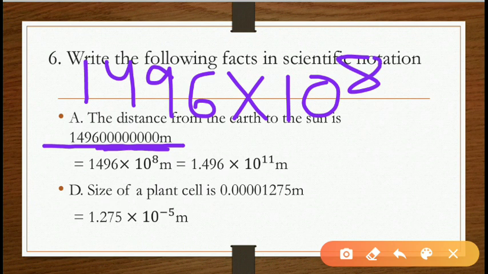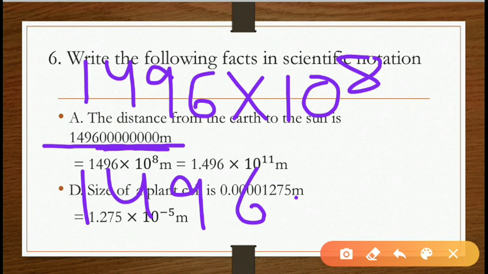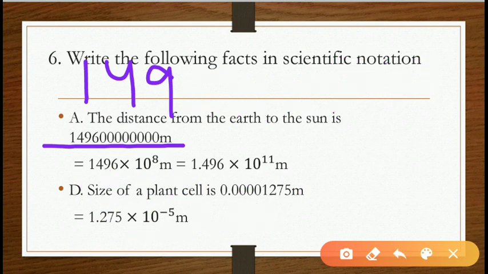Now scientific means you want to place one decimal, either here or anywhere, but you have to place one decimal. It is up to you where you want to put the decimal. Suppose I am putting a decimal here. In the same way, assume on the right hand side one decimal is there, and you want to shift this decimal here. How many digits are you crossing? You are crossing 1 2 3 digits, so you just add plus 3 to the power, and it will give you 1.496 into 10 to the power 11.